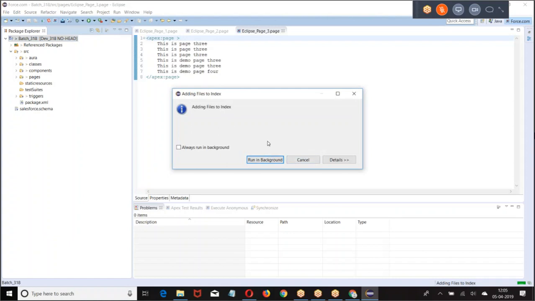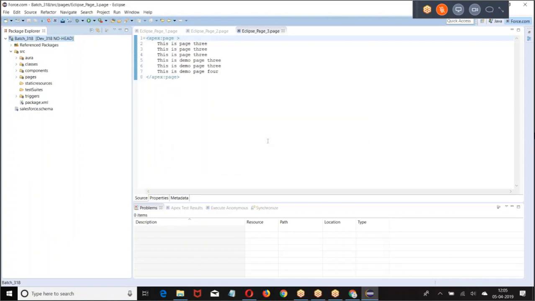Whatever the changes, whatever the files, I don't want to take a backup of every file. Now the project is already there. Whatever the files on which you made a change, add those files to the index so that they will be maintained as a copy. Only those files should be tracked. I have to maintain them as one copy. So I told Add to Index. Now the question mark is changed to a star mark. Look at this. Question mark is changed to star mark.